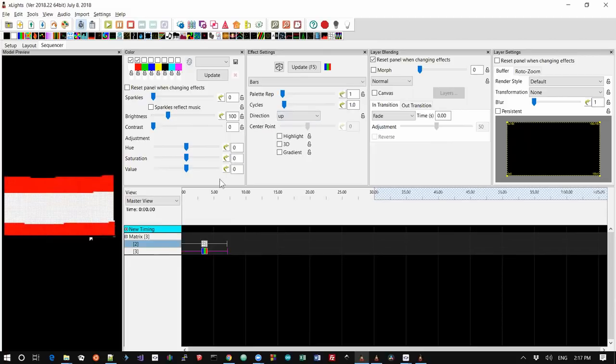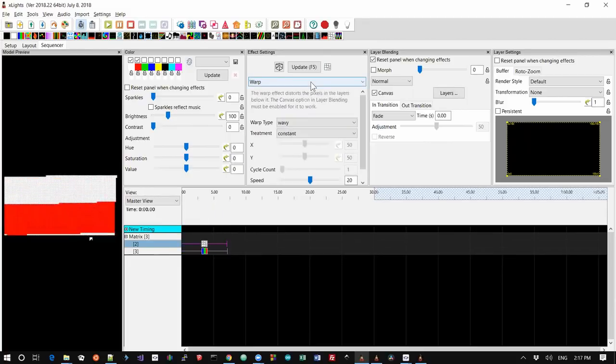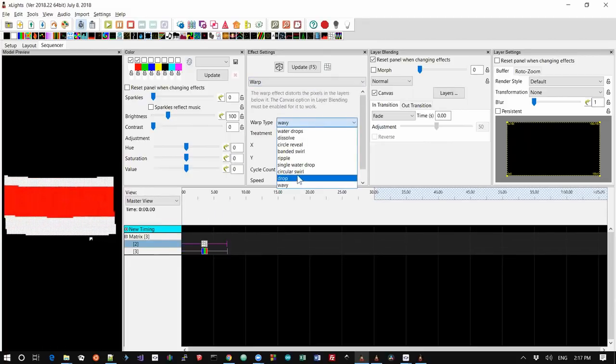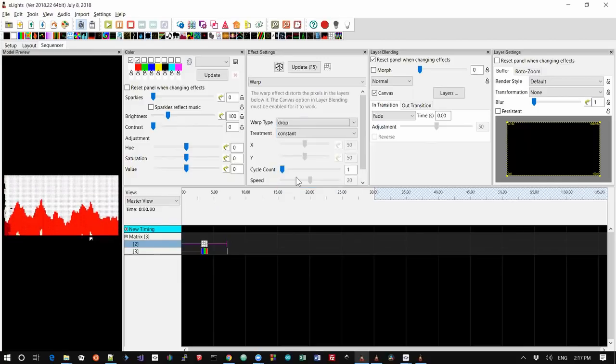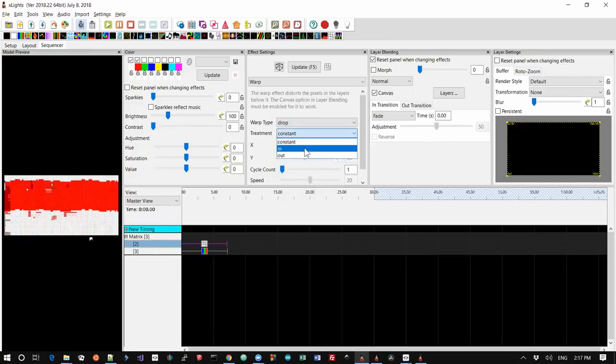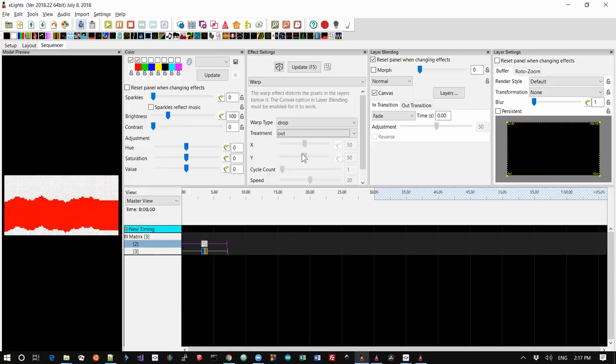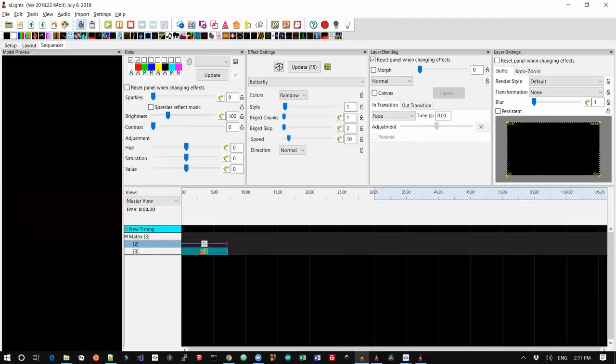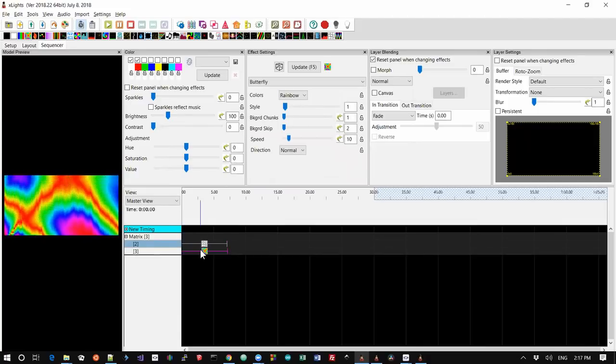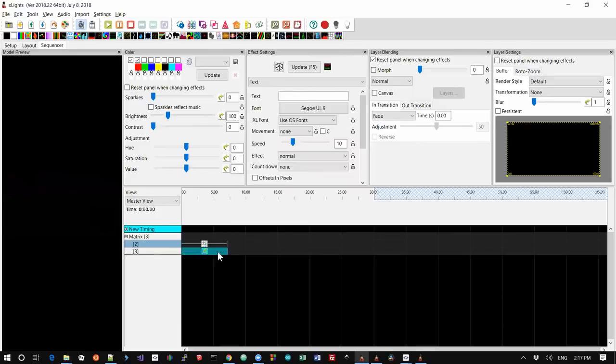I'm pretty sure he also added the drop here, which is constant. We'll do out. So you can see that it drips down. It does look better if you've got something that's not fighting against it. You can see it just melts away. Looks great with an image or some text. If you were to throw some text on here,